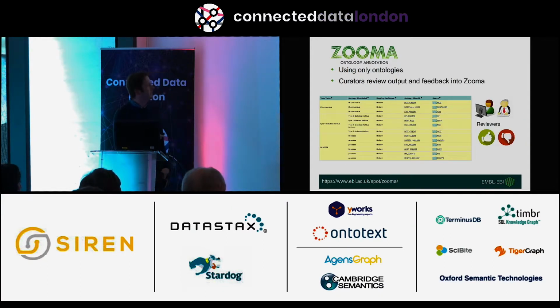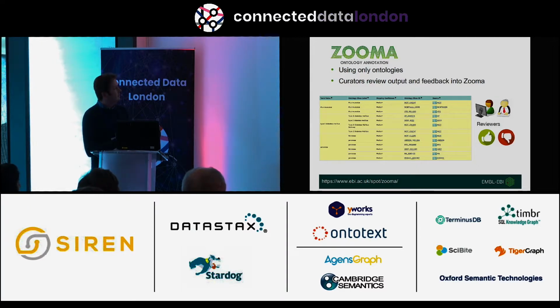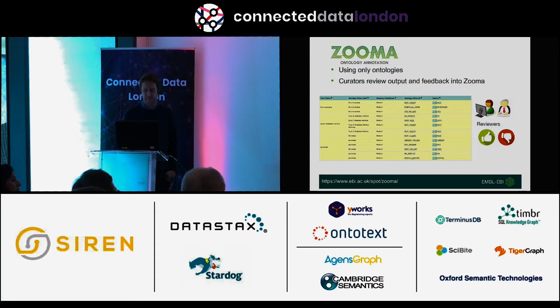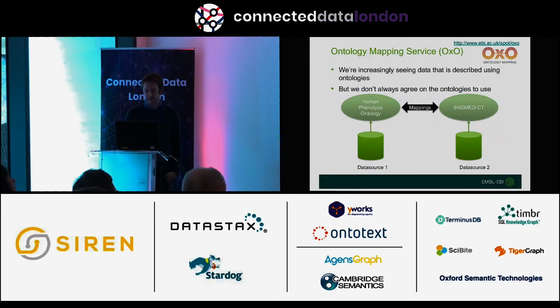It's never that clean. So then you get this scenario where in some cases, Zooma's not quite sure, so there's a few concepts that are quite similar, and these just come from different ontologies, so it means we haven't really seen this before. And in this scenario, we want to get the curator's feedback, so they have a mechanism now where they can download these data, they can actually fix the mappings, and then they load them back into Zooma, so we start to train the system, so that the next time we see type 2 diabetes mellitus, this should come back as high confidence because we've seen it and annotated it before. So that's the general idea with Zooma.